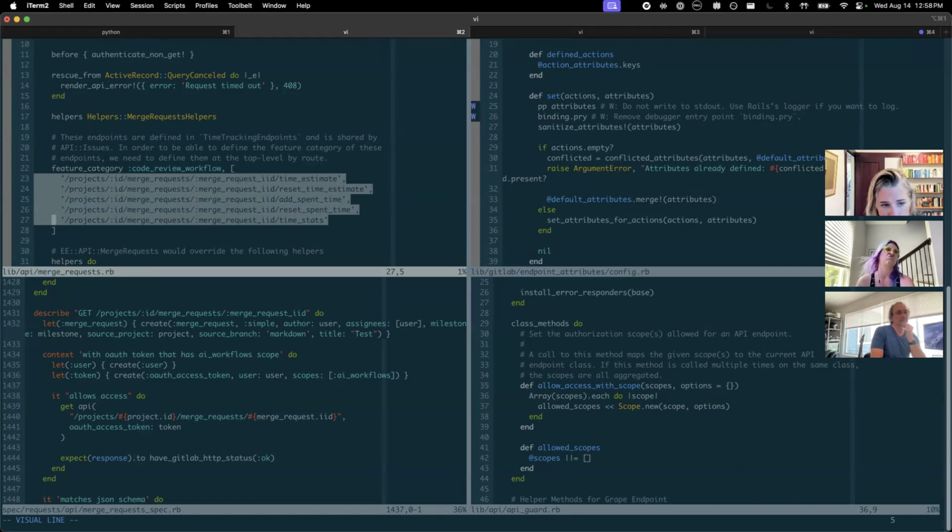Only do those, you mean only allow access with scope for the one? Yeah, like the feature category. That's literally the first thing in that file where you were just looking with the class methods in the endpoint attributes. So like method one, which is things with scope. And then in there,